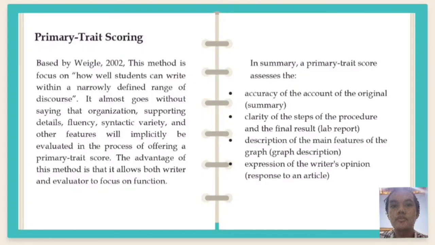It almost goes without saying that organization, supporting detail, fluency, syntactic variety, and other features will basically be evaluated in the process of offering a primary trait score. The advantage of this method is that it allows both writer and evaluator to focus on function. In summary, primary trait scoring assesses to the point